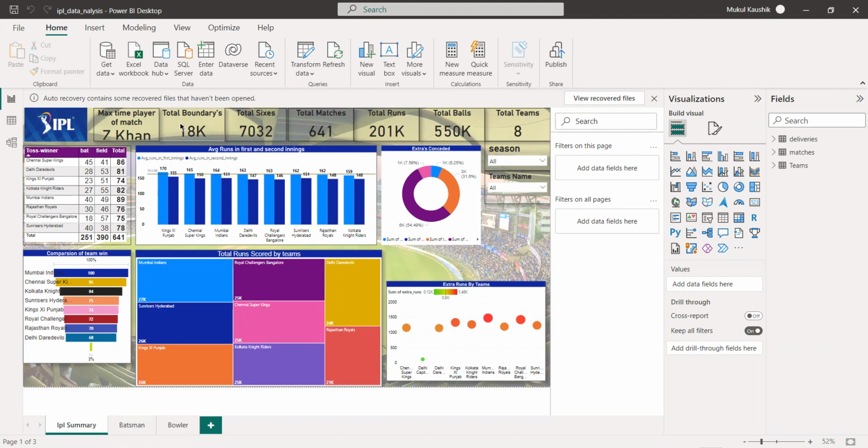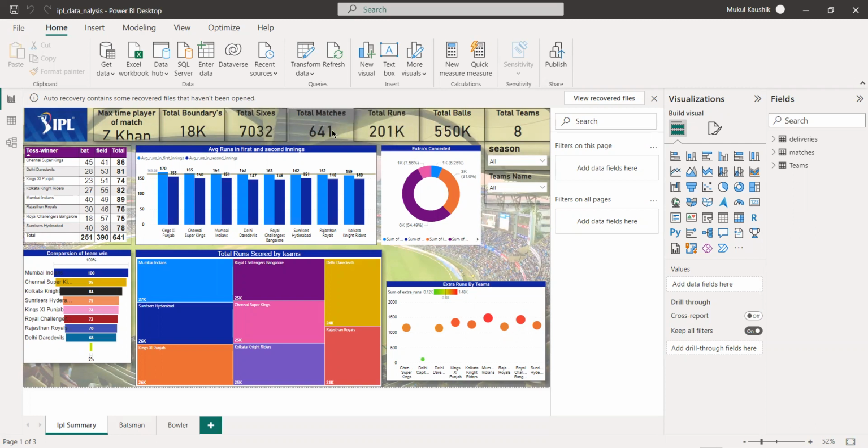From 2008 to 2017, the total boundaries that have occurred are 18K. The total sixes that occurred from 2008 to 2017 is